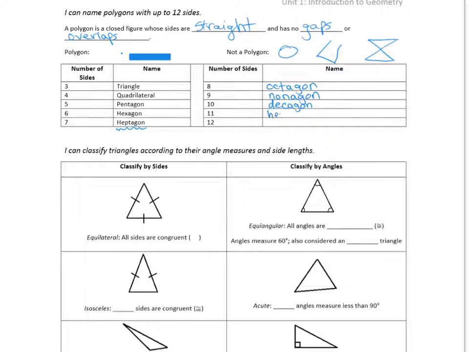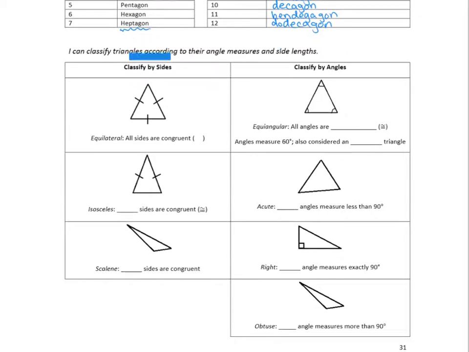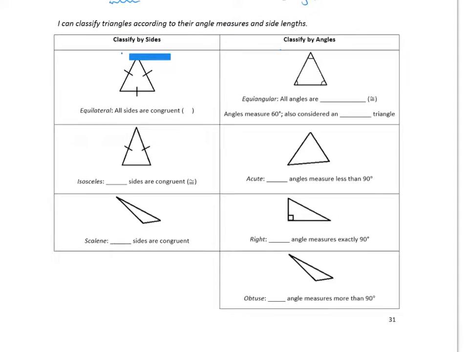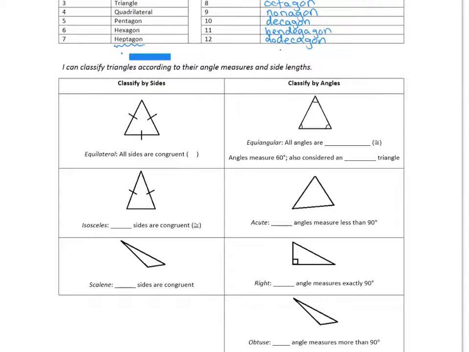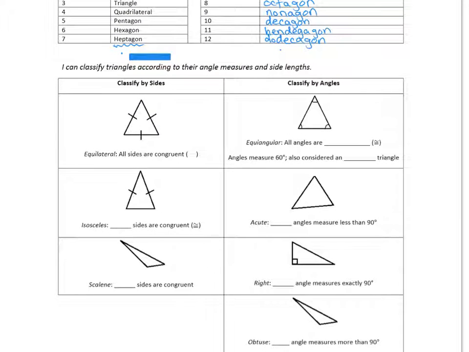11 is a hendecagon, and 12 is a dodecagon. Yes, we expect you to know all of these. All right, then we expect you also to be able to classify, okay, why did that float down everything else? I don't know. You should be able also to classify